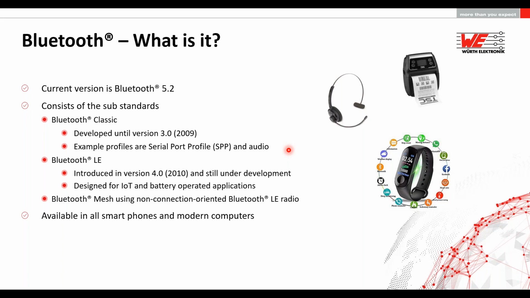So with the growth of Internet of Things, with a lot of battery operated devices in store, the Bluetooth special interest group had to evolve their standard, and the result of it was version 4.0, which came out in 2010, and which is still under development, and it is termed as Bluetooth Low Energy. So the focus of Bluetooth Low Energy is then to offer a robust, secure, end-to-end wireless connectivity solution for low power devices, for battery power devices.